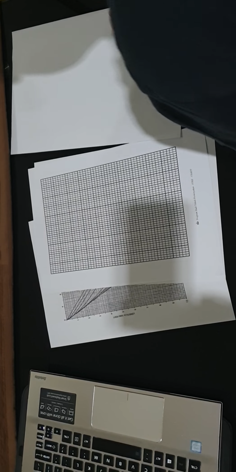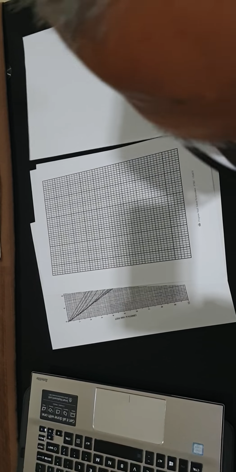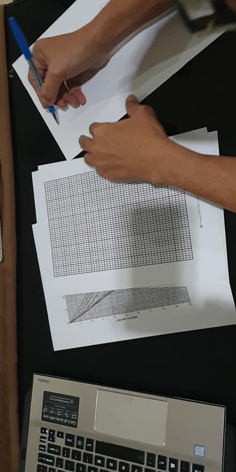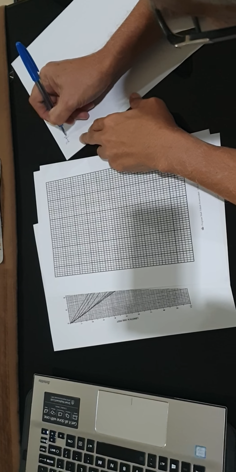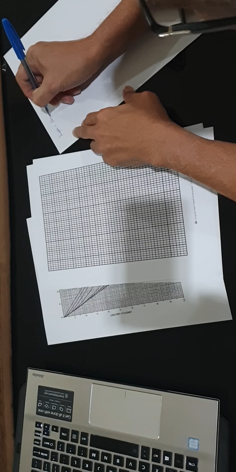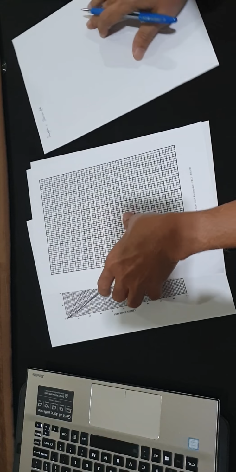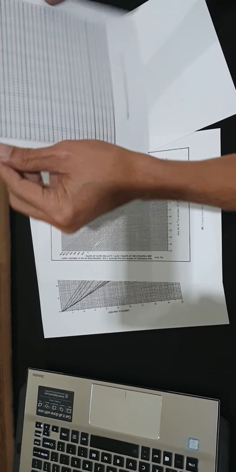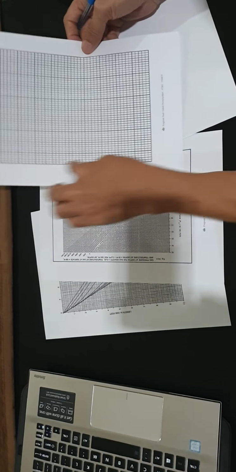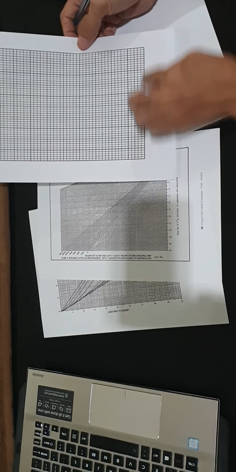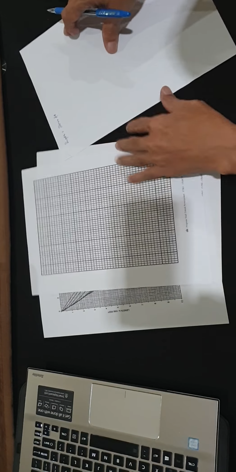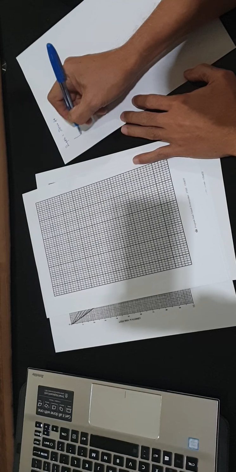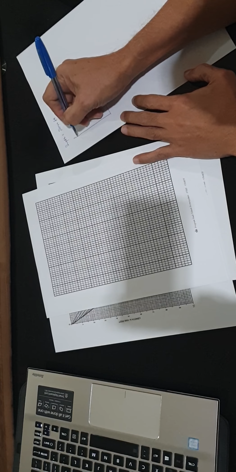Hey guys, let's work with the homework, not the exercise. So the depth is 1,000 feet. Okay. So if you want to do that one, remember that what we want to do, 1,000 feet, and this one, I don't know what it is. So remember what you have in the problem is